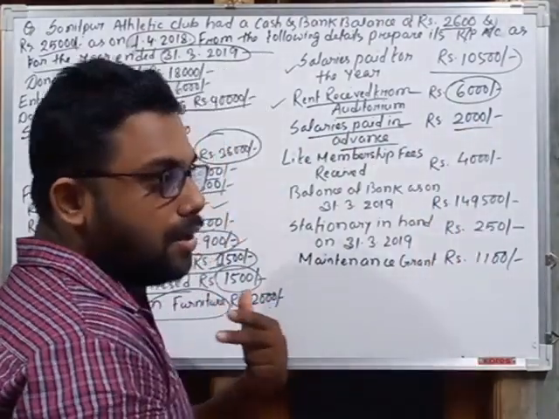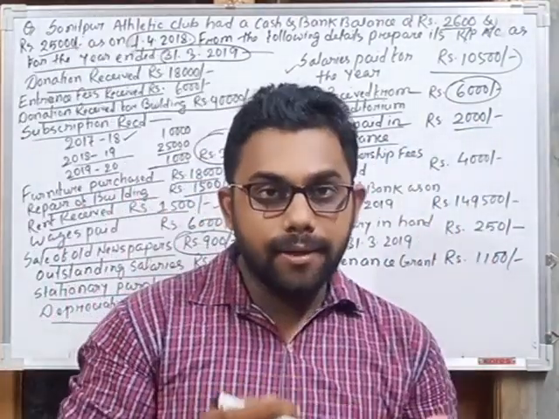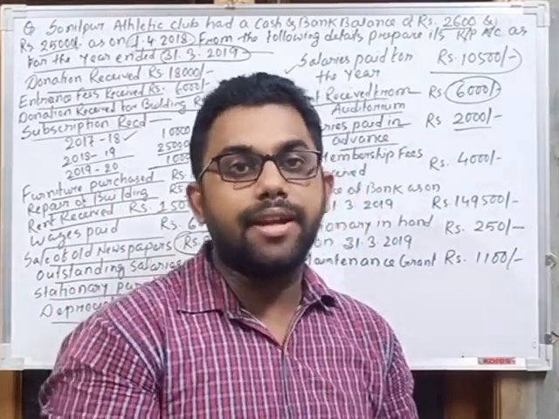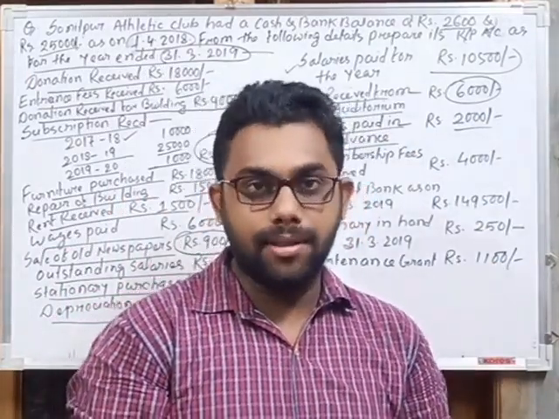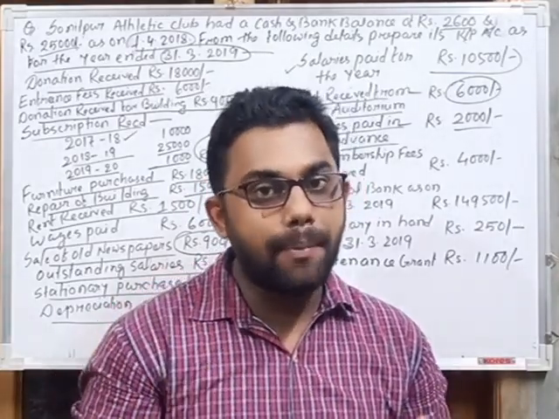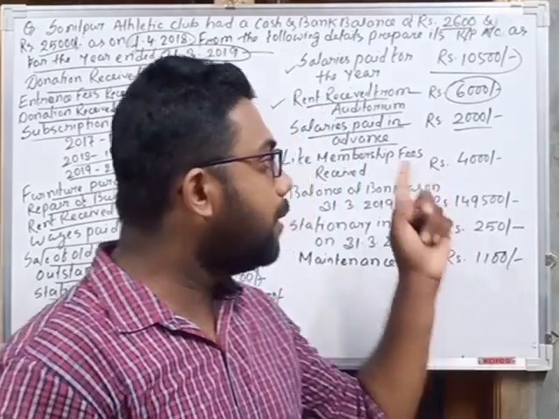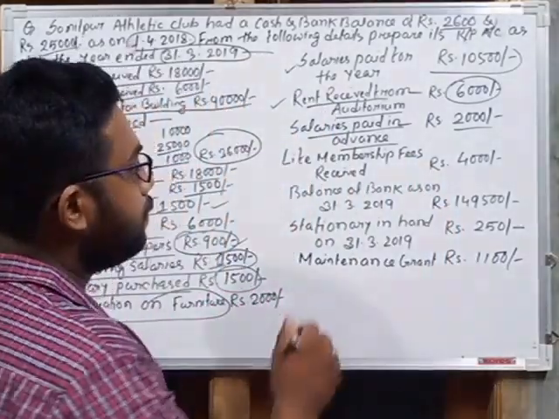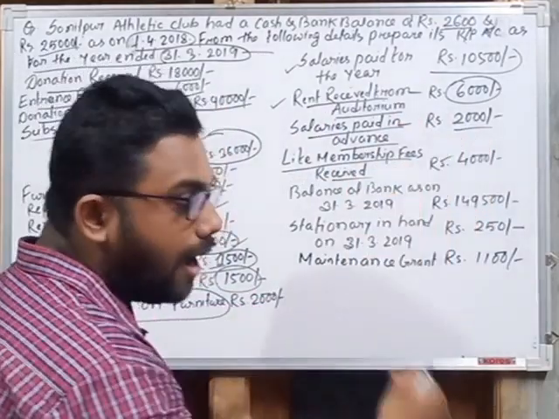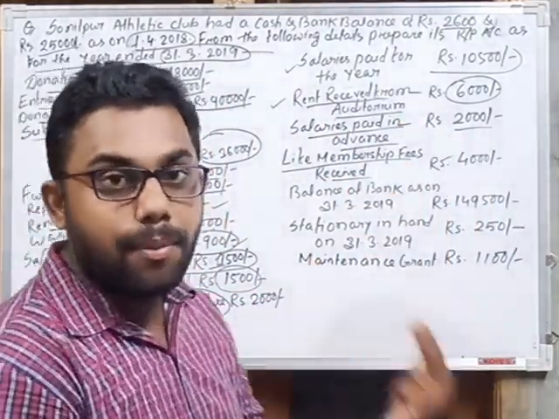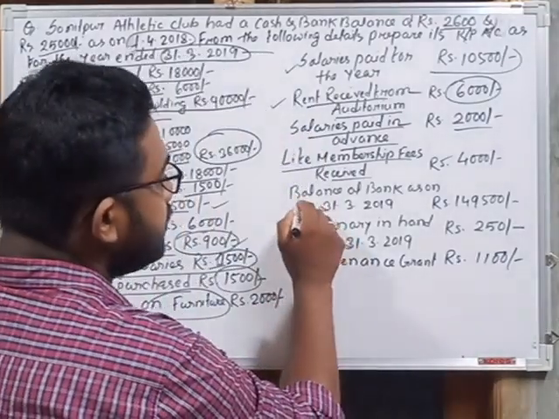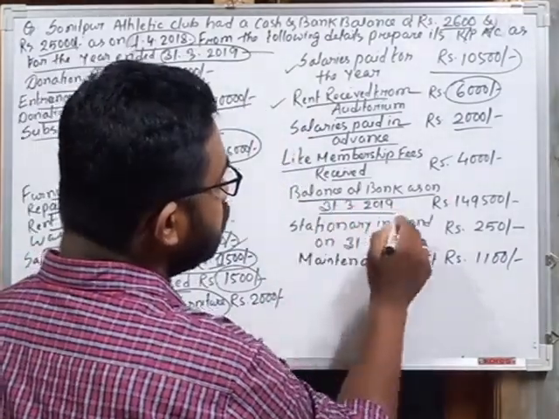That means while paying the salaries for the current year, they have also made an advance for the next financial year, so it is a payment. It is a cash payment, though it is for the next year, but the payment is made in the current year, so we have to record it in our receipts and payment account. Next, life membership fees received, rupees 4000, and I think all of you know very well what life membership fees are. Next, balance at bank as on 31st March 2019,